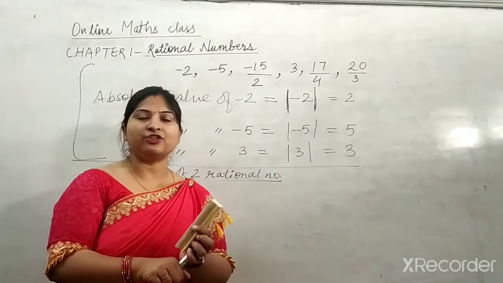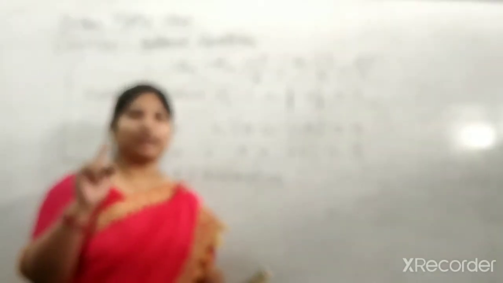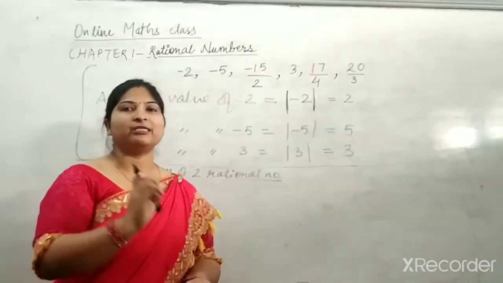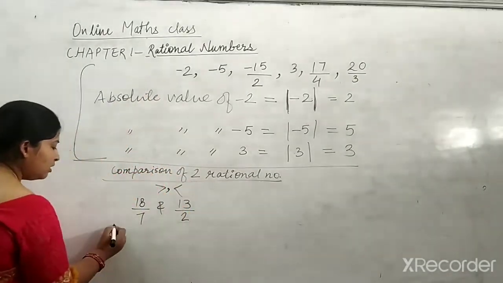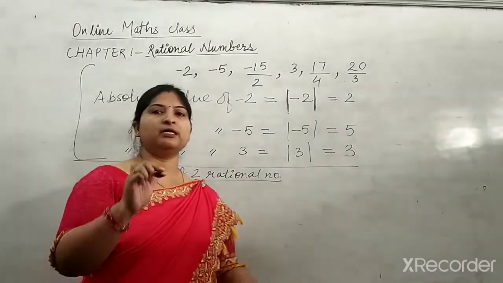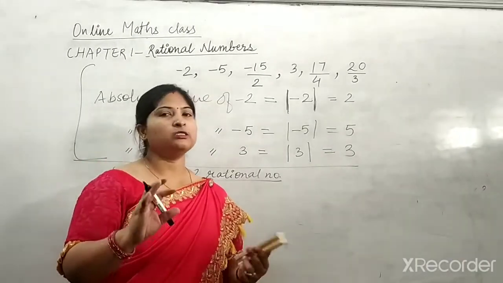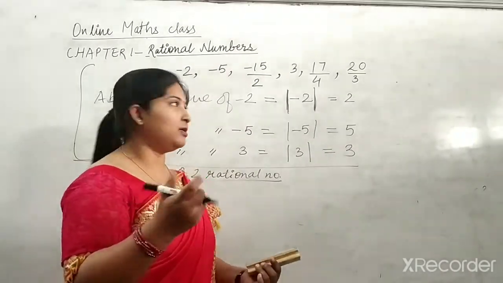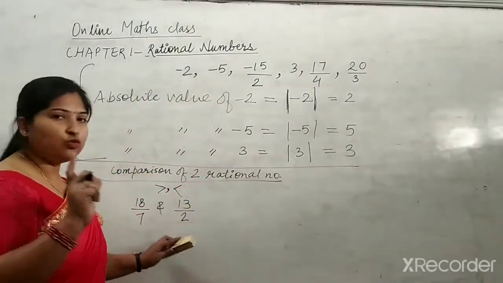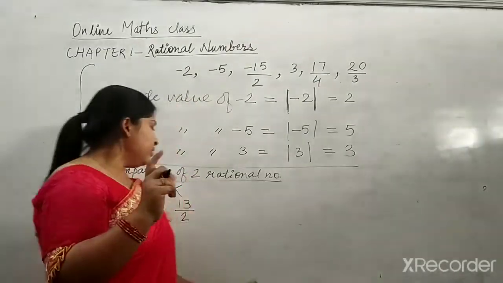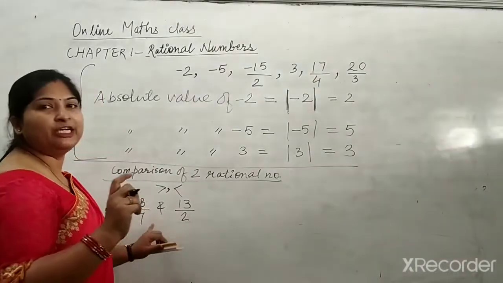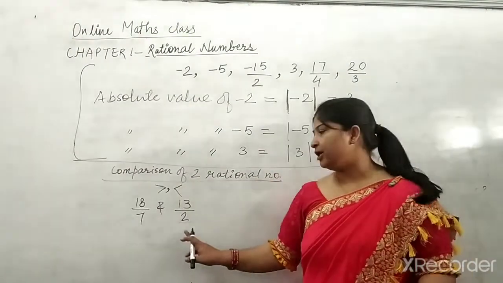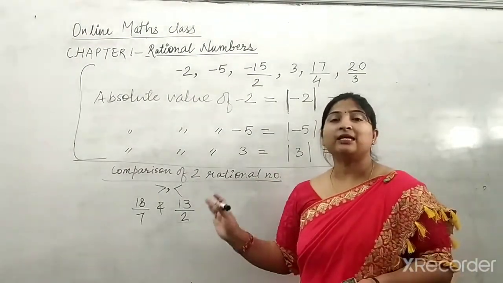So beta, the first thing you will do, like we have done on the number line also, is the same thing. This we can do by a very simple method. There are so many methods in the book, but you have to keep in mind only one, because if you learn so many methods, you won't be able to do a single method clearly. So I will do only one method, and that is very important. What I will do is make their denominators equal. Can you see that the denominator of the first number is 7 and the denominator of the second number is 2? So make their denominators equal.